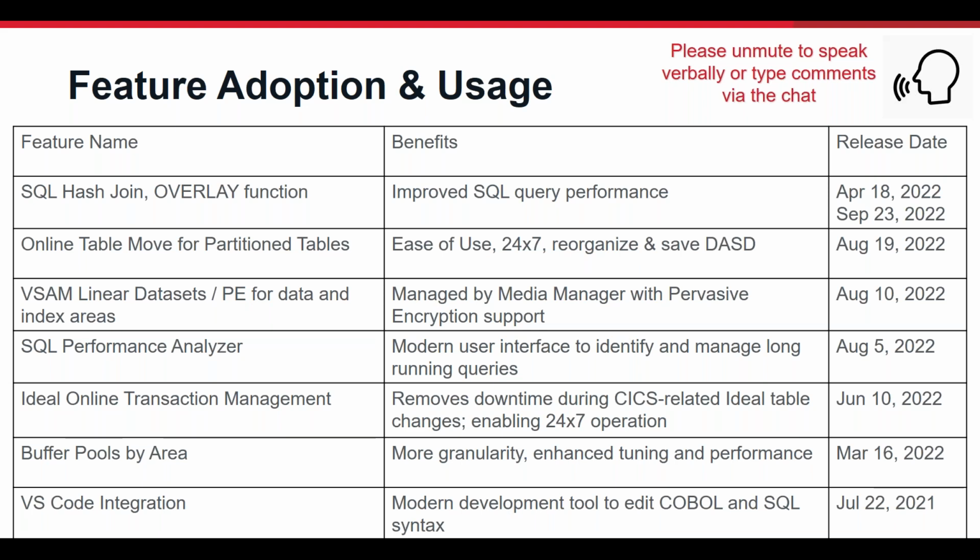There are all sorts of other benefits to VSAM linear. I think eventually everyone will move everything across to VSAM linear. It will be the way everything will go, for all sorts of reasons. Pervasive encryption being obviously a driver for those that need that. But there are significant performance benefits, and the sort of extent constraint relief, all the other things that you get with VSAM linear. If people haven't looked at it yet, I recommend you do have a look.